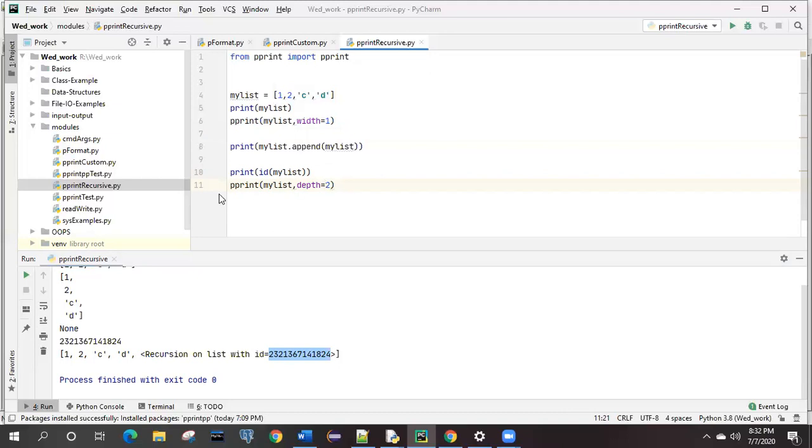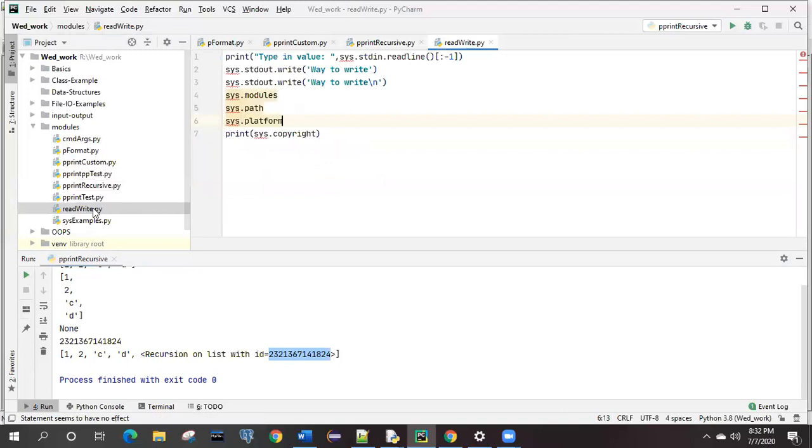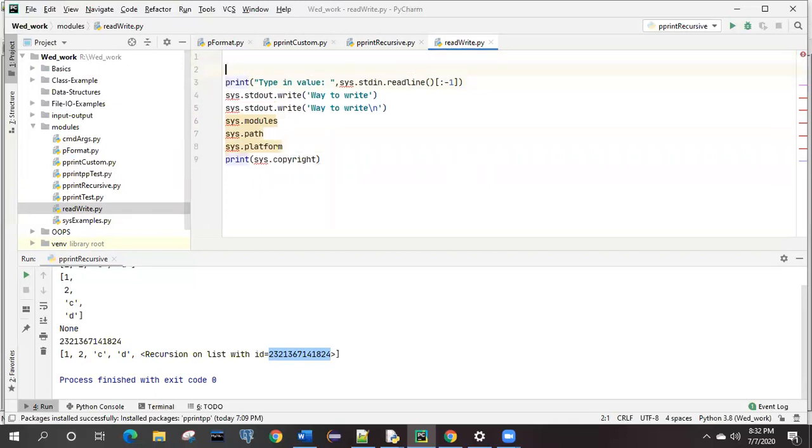One more thing, when we were talking about the sys module, by making use of this sys module, is there a possibility to read anything, is there a possibility to write anything or not? Yes, it is possible. And if you look at this code, it is giving you the error because this is not imported.